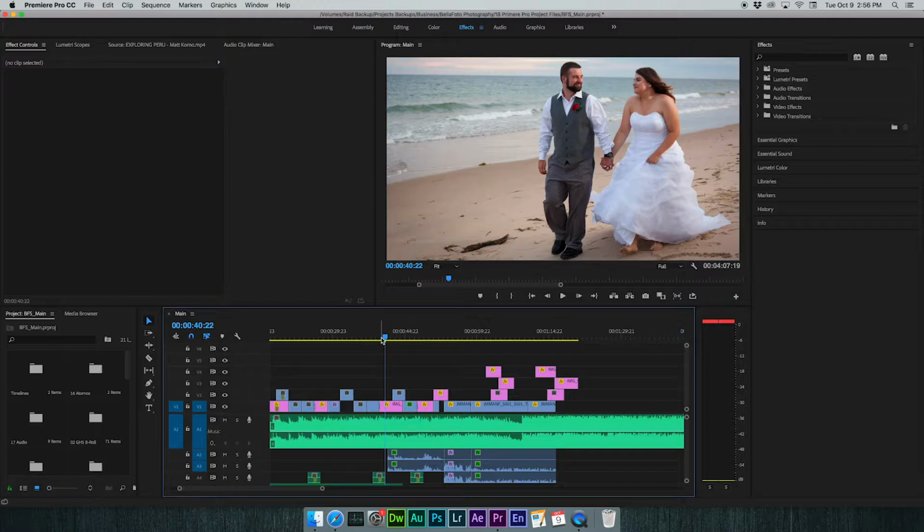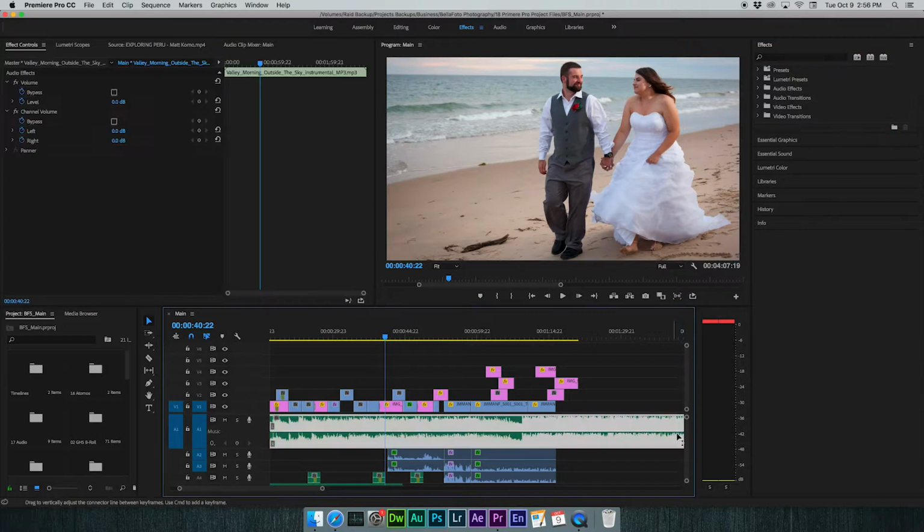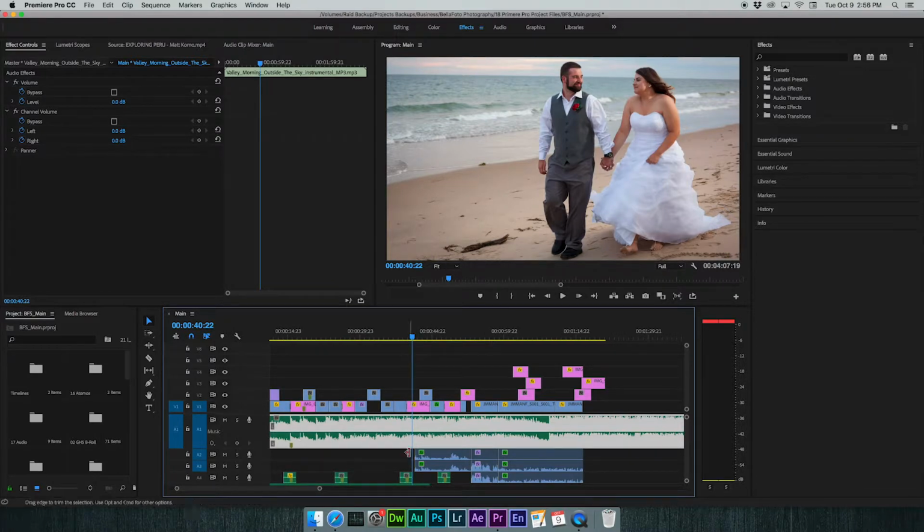The way that we're going to achieve that is just by lowering the level of the actual audio itself, as well as placing a low pass filter on there and adjusting the keyframes. Adjusting the audio level is probably the easiest part. All we have to do here is click on our main audio track, and there's two ways that we can do this. We can either set the keyframes within the effects control panel, which takes a little bit longer. So we're actually going to add them within our timeline here.